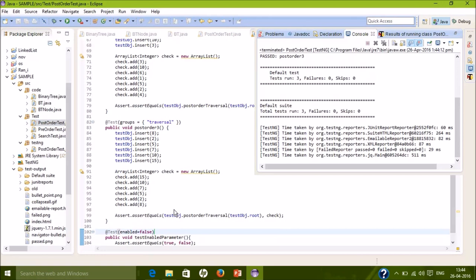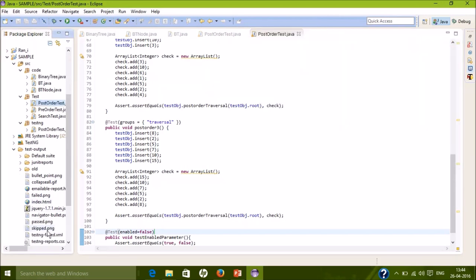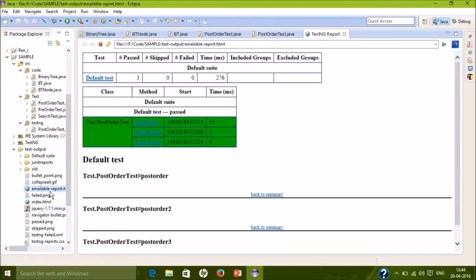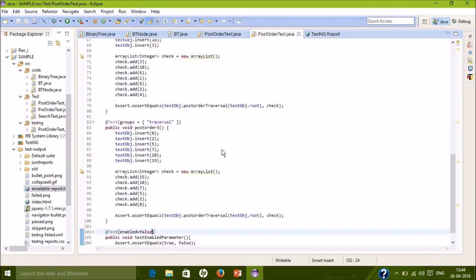Only 3 test cases have been run and none of them have failed. Now we'll see the emailable report to check which test cases were run. As it is evident here, the test enabled parameter test method has not been run.